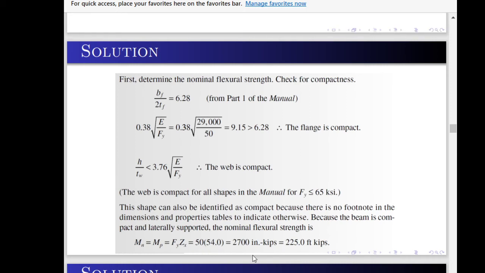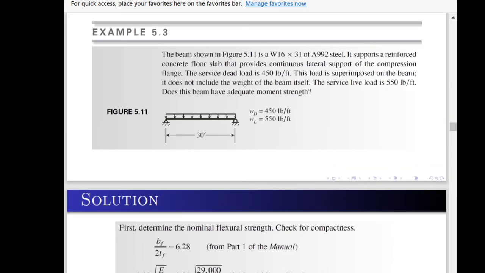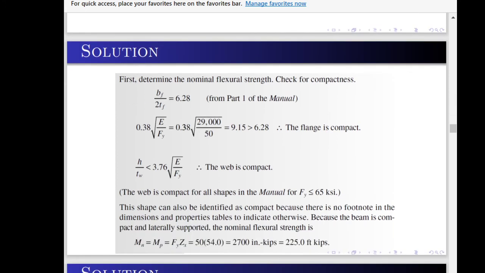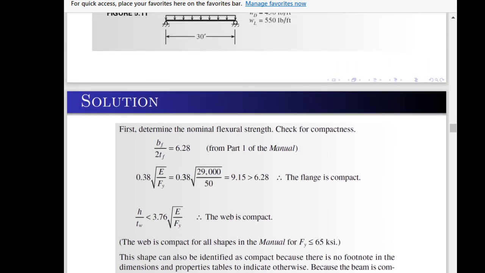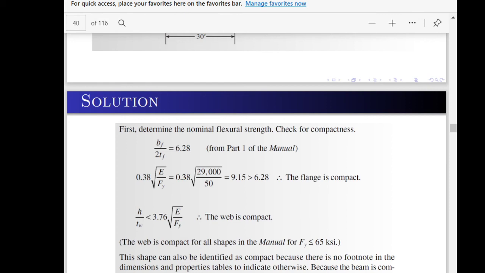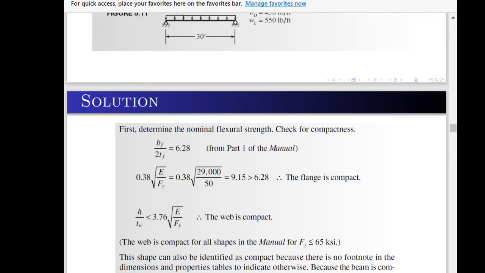In the plastic section modulus is 54. This can be found in W16. Okay,